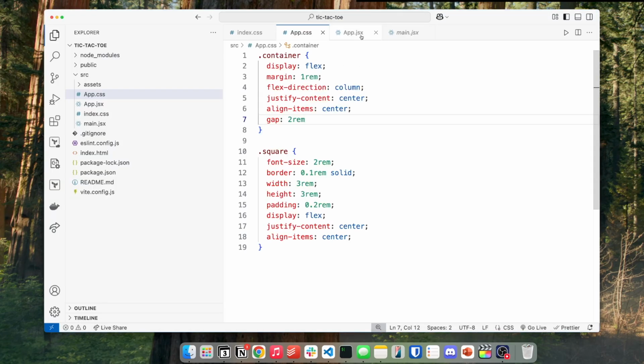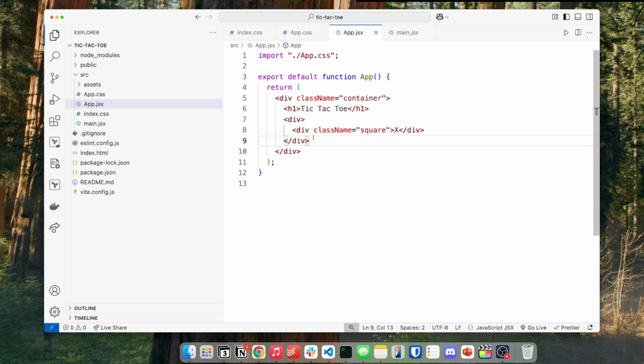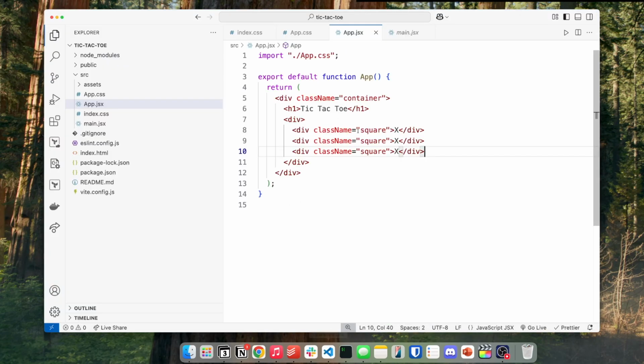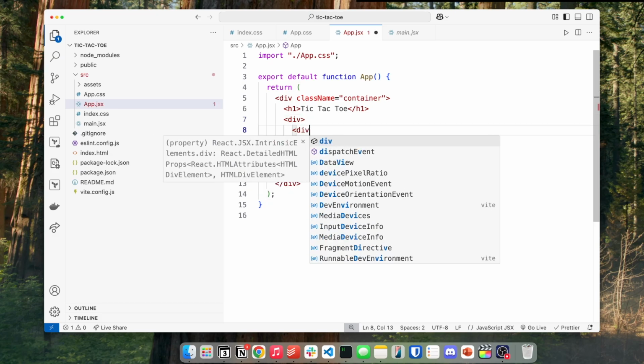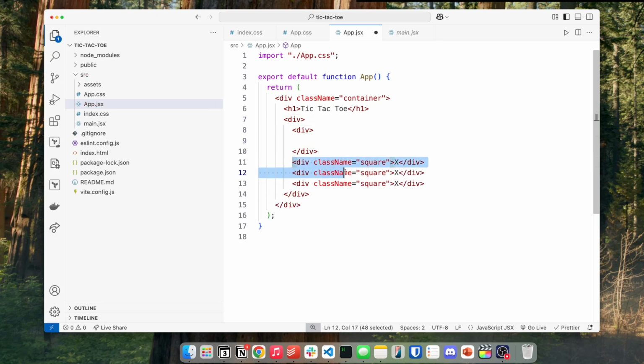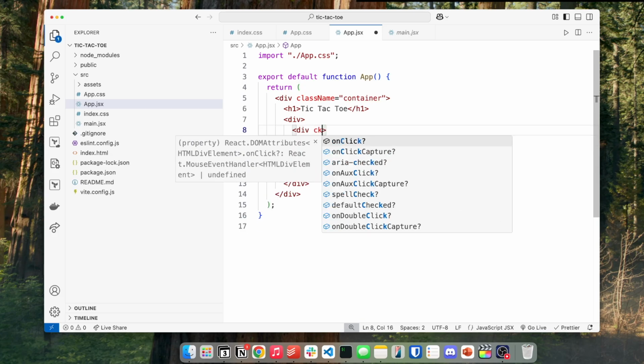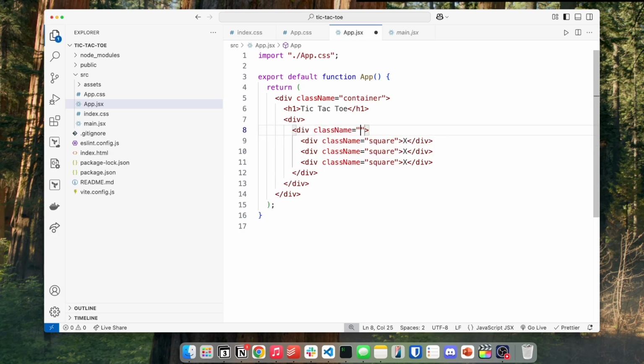Alright, now that we have this single square with us, what we want to do is basically replicate this into a row of squares. So the first thing we can do is put 3 squares here, and of course they are in the wrong direction because we need to create a parent element which encapsulates each row. So we'll call this here and add a class name of basically maybe